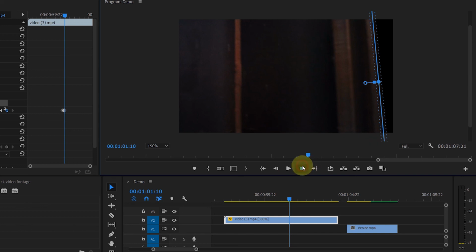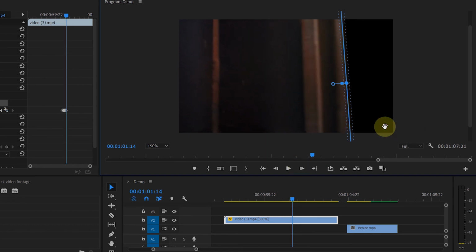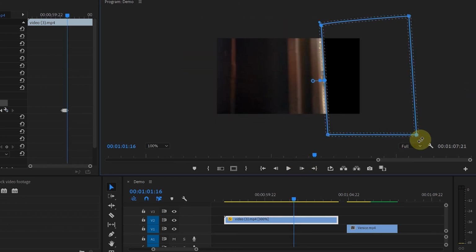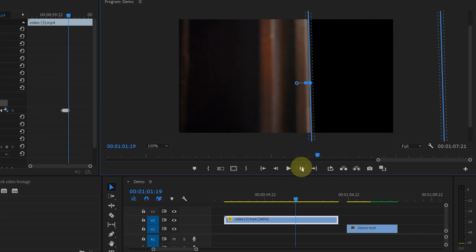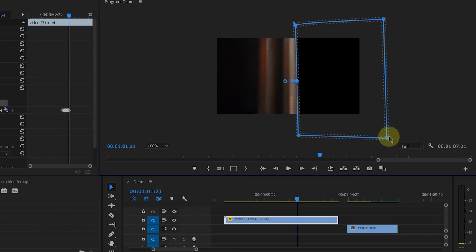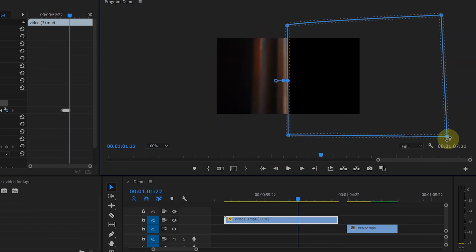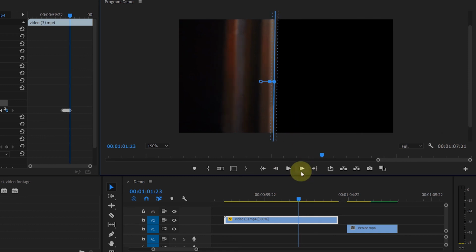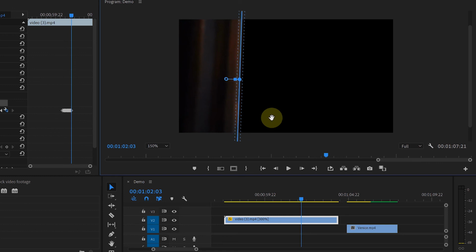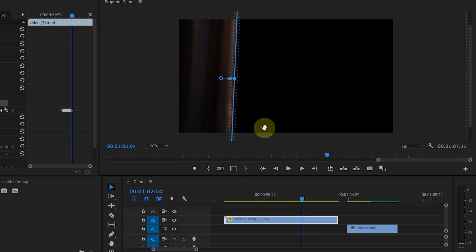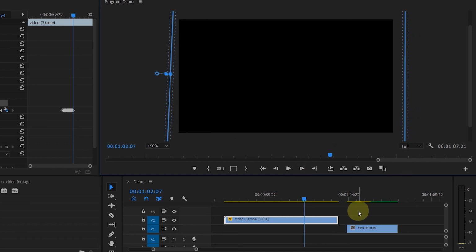Now repeat the process. At the end, make sure all the screen is covered with the mask.